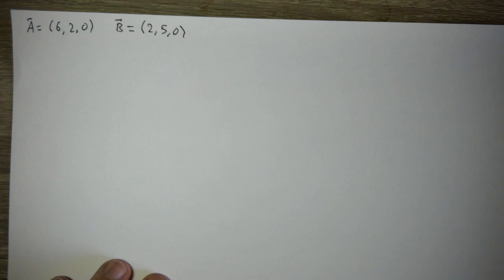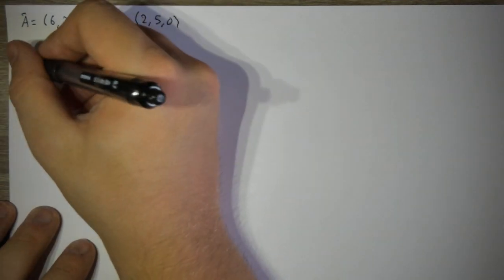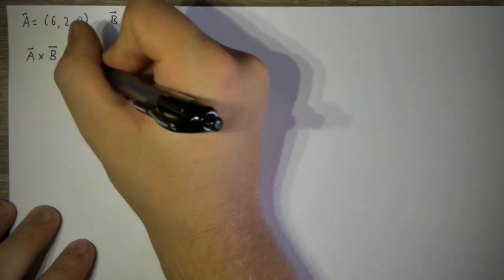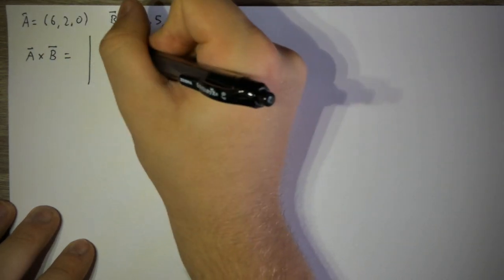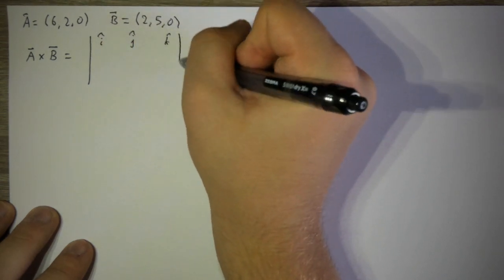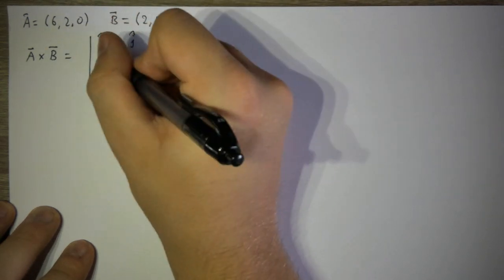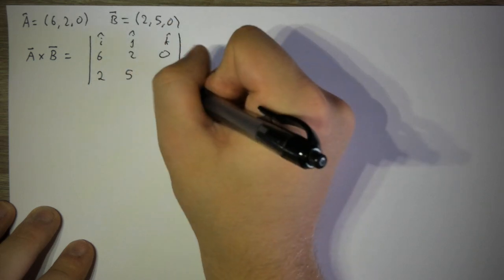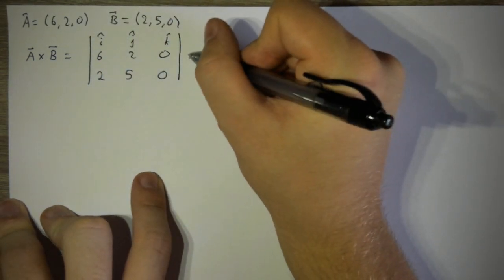Okay, so we have those. Now we can do the same thing as we did in the first problem. We have all our components, so let's write out in this form where we have i, j, k. A is 6, 2, 0. B is 2, 5, 0, which is equal to